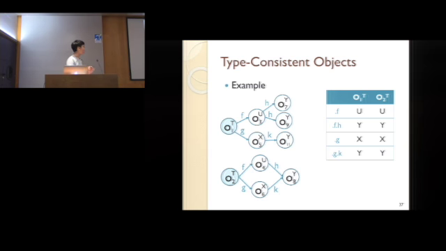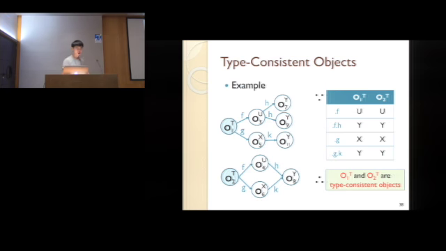We can see the types of objects pointed to by every field sequence of O1 and O2 are the same. So as a result, by definition, we say O1 and O2 are type-consistent objects, and they will